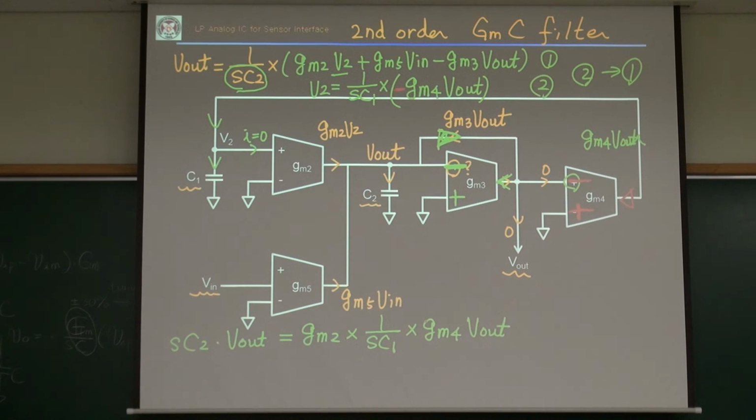Where is GM2 V2? Oh yeah, here. Okay. Then I can add a V out, right, with this one and that one. It must be added instead of subtracting it. Okay. Then GM5 V in minus GM3 V out. Okay. Yeah, I will multiply SC1 in both terms at the left and right, and then